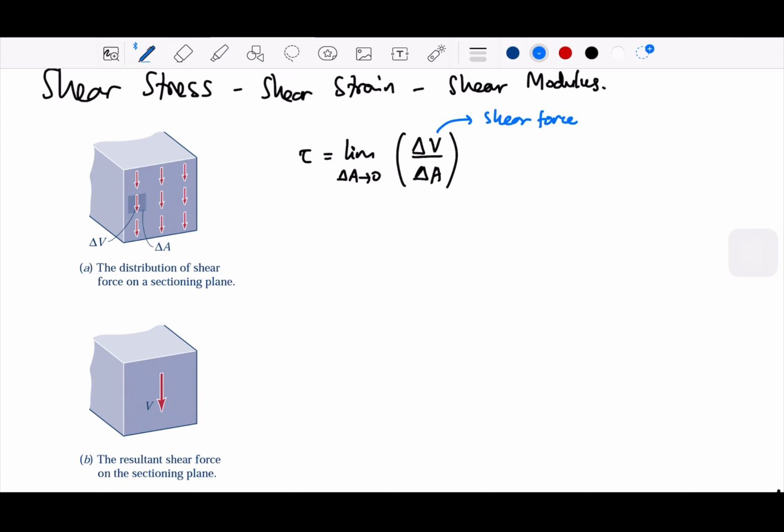Or sometimes we call this a tangent force, but it's not really common. We usually say just shear force. And we could rewrite this in terms of the integral. The shear force equals the integral of tau dA. And the average of the shear stress